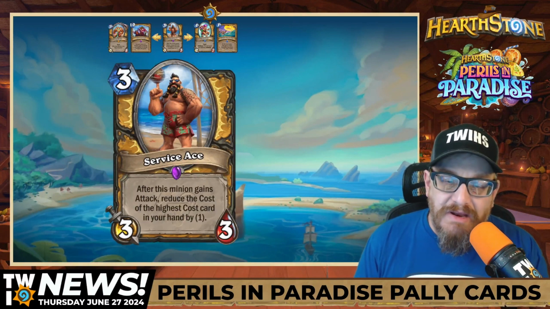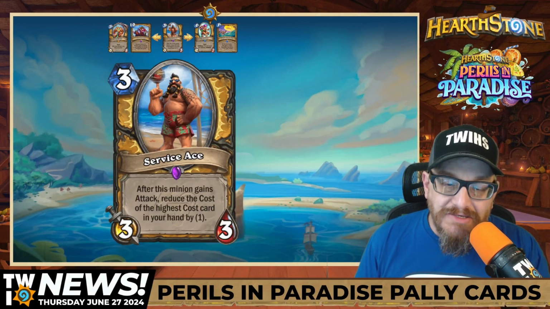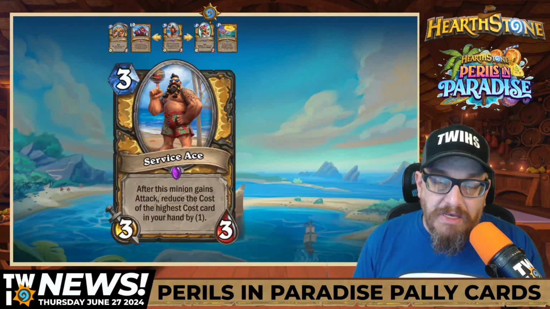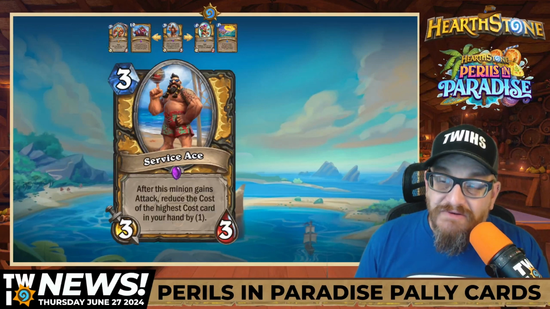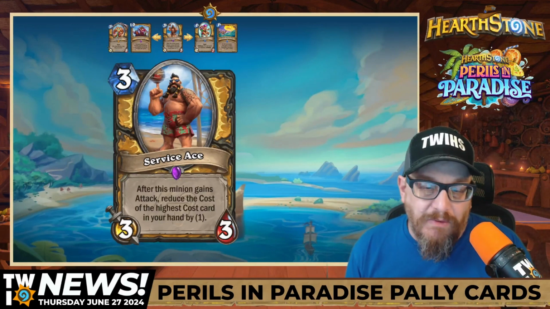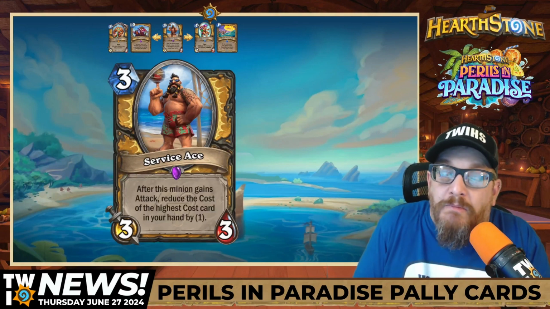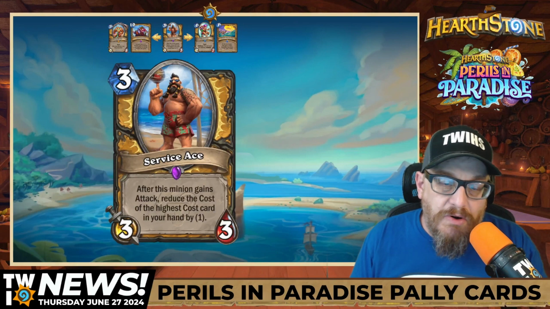Next up, 3 mana Service Ace. It's a 3/3, and then after this minion gains attack, reduce the cost of the highest cost card in your hand by 3. So, my understanding on this card is it has to be on board, okay? I believe. I don't see how this effect could work if it's not on board, so in hand buff type of thing, I don't think that would work. So, we'll see what happens. I believe this is the one they talked about today that said it needs to be on board. So, like I said, after it gains attack, reduce the cost of the highest cost card in your hand by